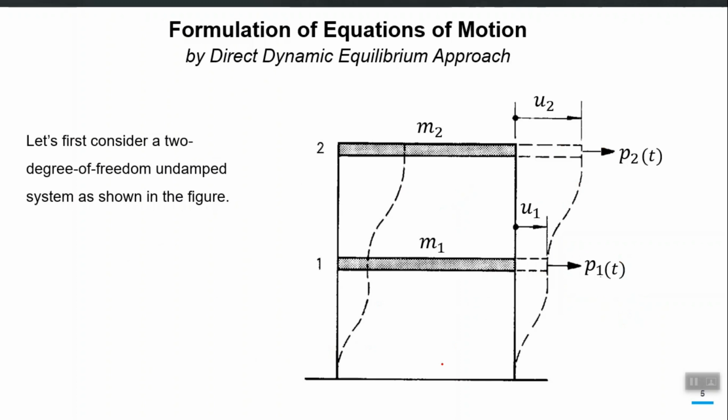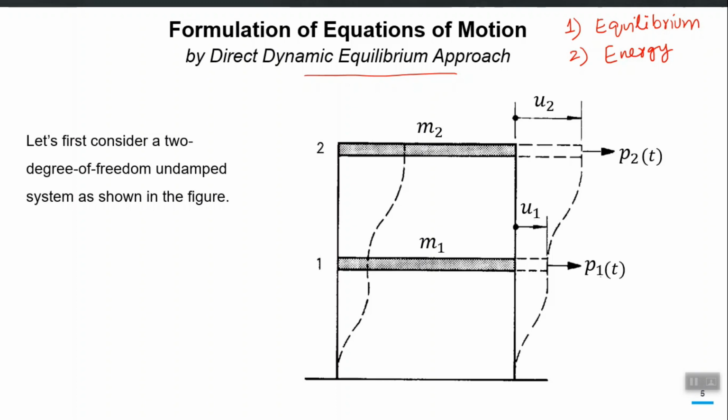So if we want to derive the equation of motion for this kind of a simple building, we will use the dynamic equilibrium approach. Actually there are two approaches to derive the equation of motions for multiple degree of freedom systems. One is called the equilibrium approach. I will just explain that at the end, but let's introduce them now. One is called equilibrium approach, and second is called energy approach. So as the name indicates, in the first approach you apply the equilibrium equation to your structure, and that equilibrium equation becomes the equation of motion.